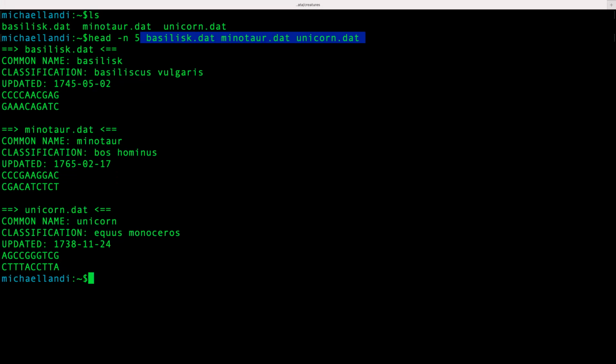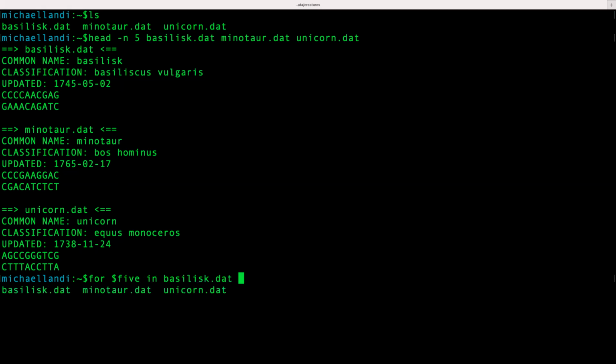So for, and we say the element, which is the variable, and say I want 5 lines. So I can just say 5, in. I can list the number of files. The next one is Niacha, and then